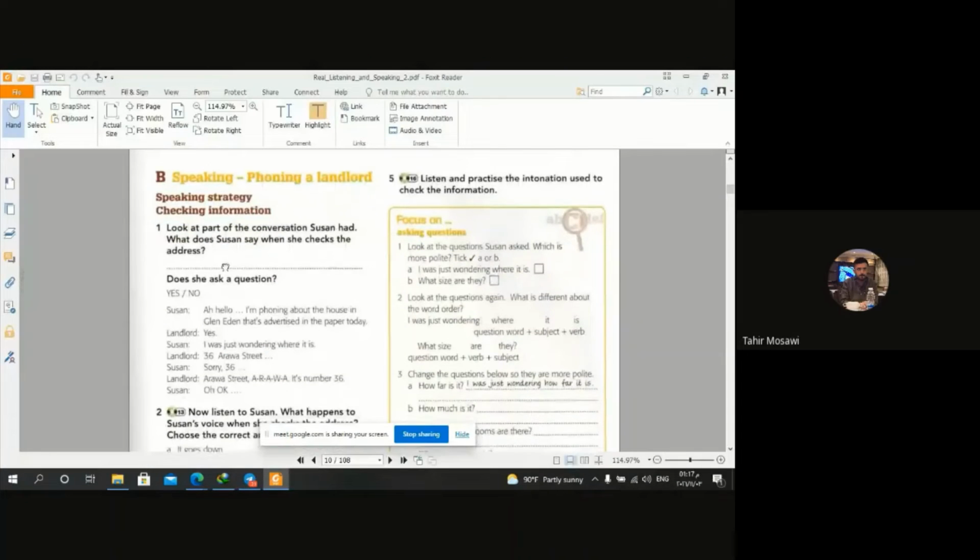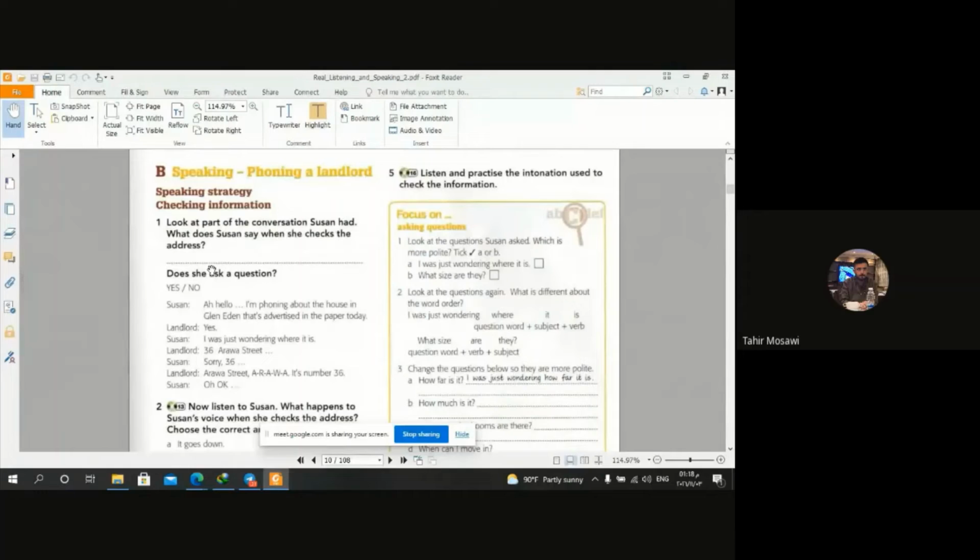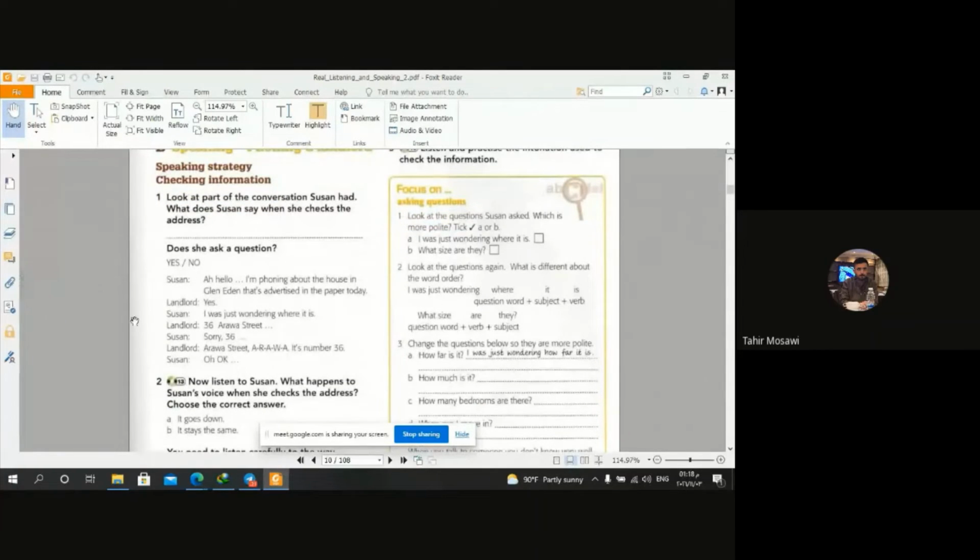Here it tells us another way to make someone repeat a part of what he has said. يعني أنت سمعت إنه جزء من الكلام بس جزء بقى من عنده ما سمعته، فأنت مو كان ما تخليه يعيد الكلام كله، أكو طريقة تخليه إنه يعيد لك بس المعلومة اللي ما سمعتها. فهنا يقول باوع للمحادثة اللي صارت بين سوزان ولاندلورد. اللاندلورد هنا قال لها العنوان انه 36 اراو ستريت. ايش قالت سوزان؟ قالت سوري 36 وثلاث نقاط وسكتت. بهاي الطريقة انه تقول سوري وتحكي الجزء اللي سمعته من المقولة اللي حكاها الشخص المقابلك، وتسكت من توصل للمقطع اللي ما فهمته من المقابل أو ردت تتأكد منه.